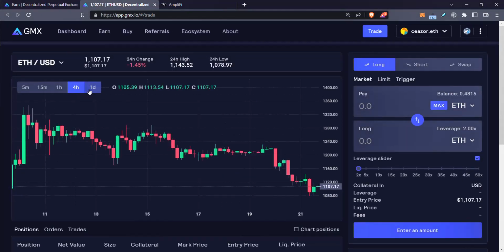Now, what you can do here, the main purpose of this thing is to replace the DEXs, right? There's not a whole lot of options. There's only like 4 trading pairs. But you can basically come inside here and you can do short-term swing trading, right? But you can leverage up to 50 times. So there's quite a bit of leverage in here, and it's all done on chain and so forth,